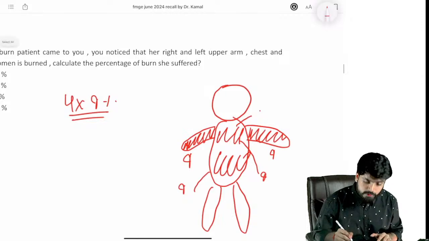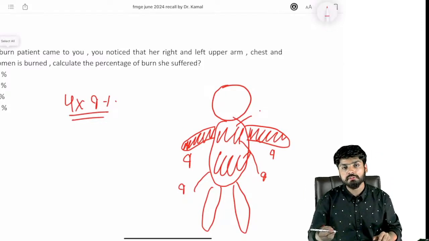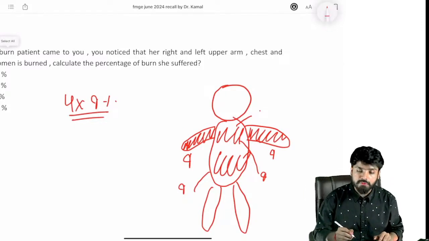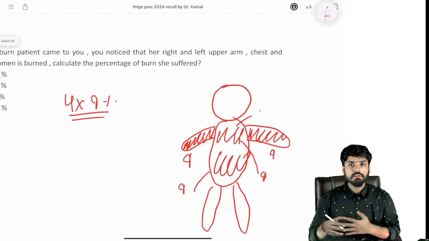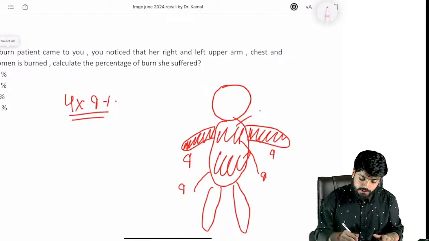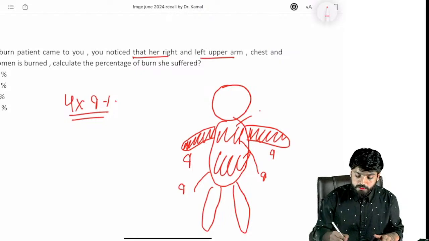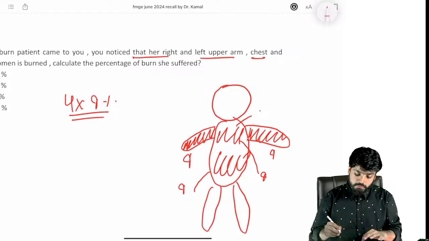Can you tell me if the question about this is completely right? Because I have seen multiple variants of this question from the students. Someone was telling me that only the right side was burned. Someone is telling me the right upper and the left upper and the chest and abdomen all are burned. But you have to remember that